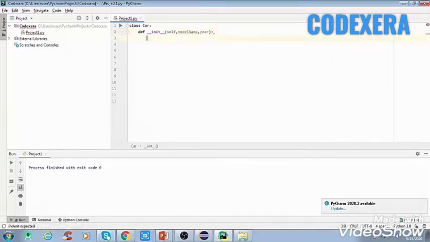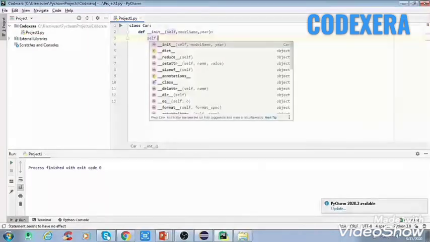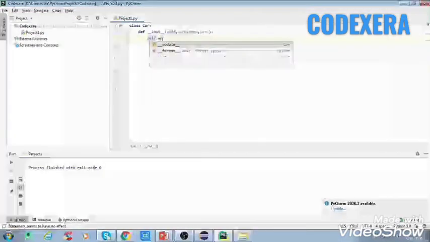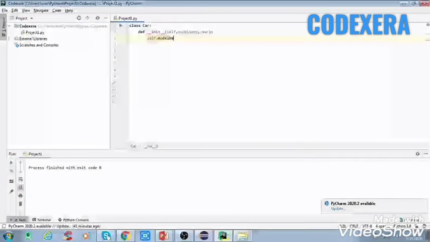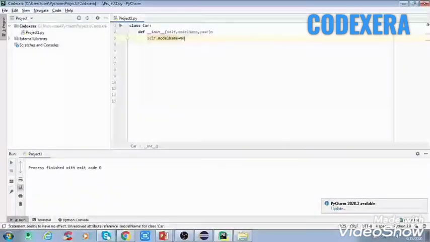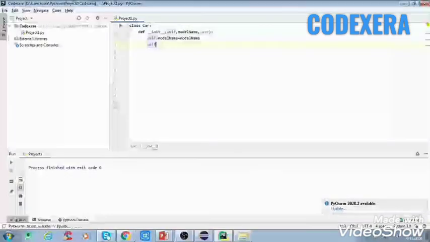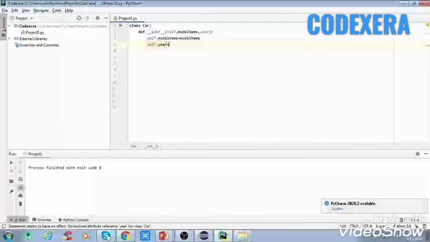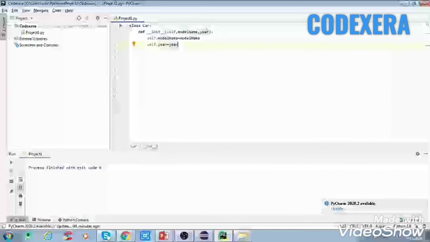Then we initialize them using the self keyword: self dot model name with model name, and self dot year with year.